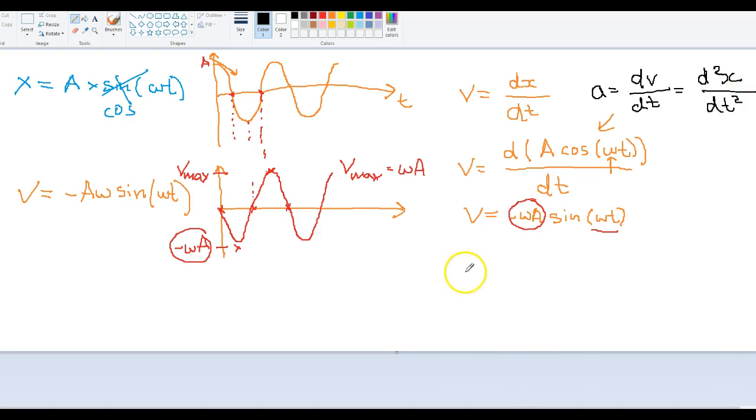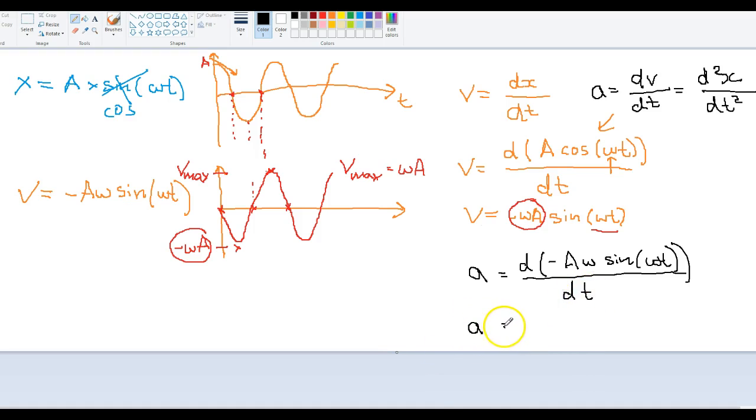So in order to get the acceleration we need to use the velocity, which is described above as d of minus A omega sine of omega t by dt,